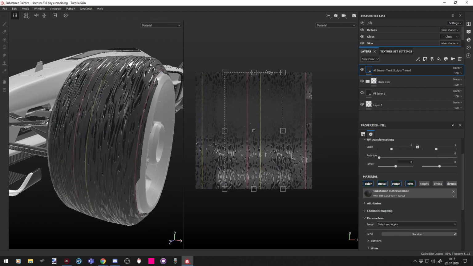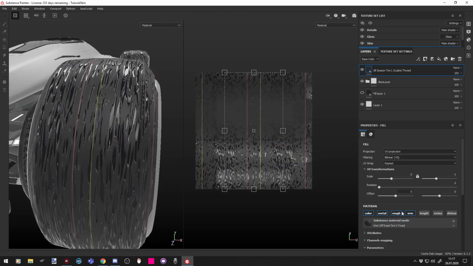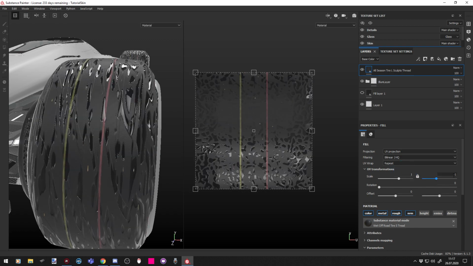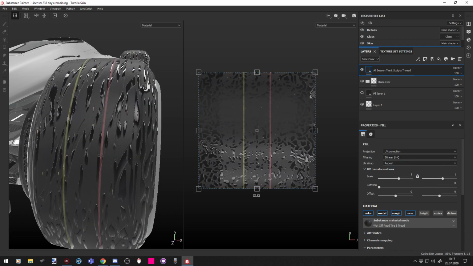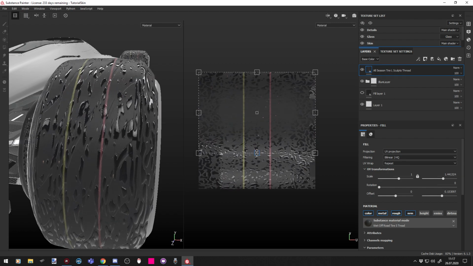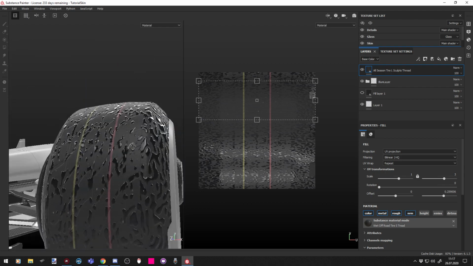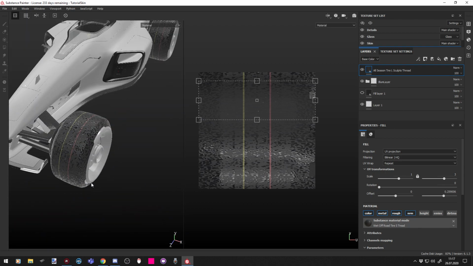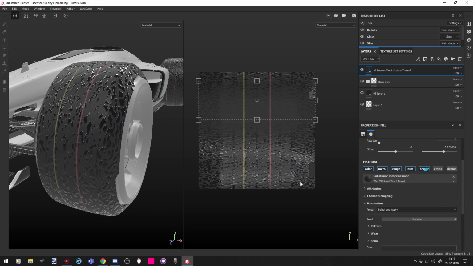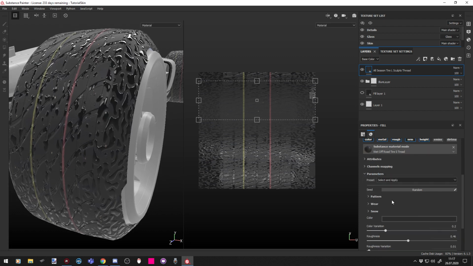Which is the wrong direction. Alright. And now with these pre-created materials, you can just, you know,